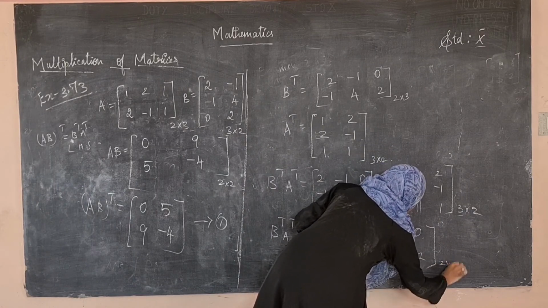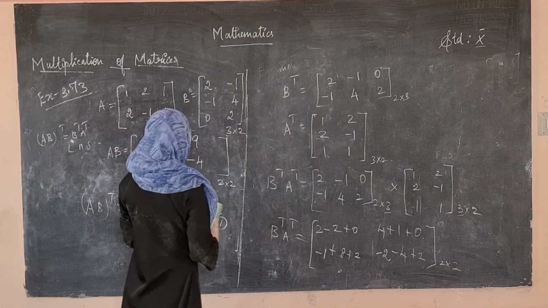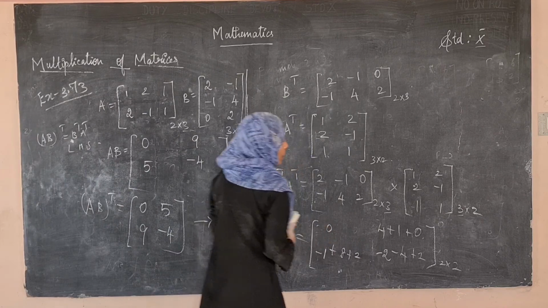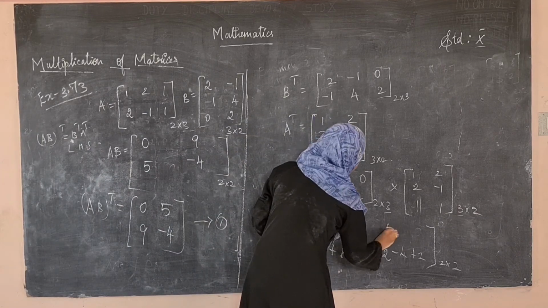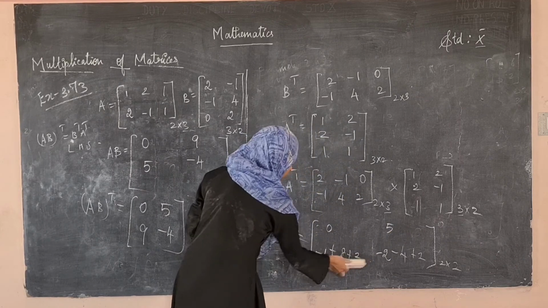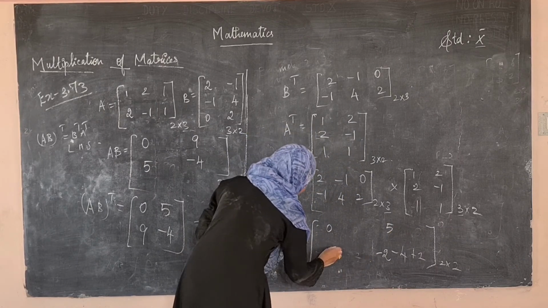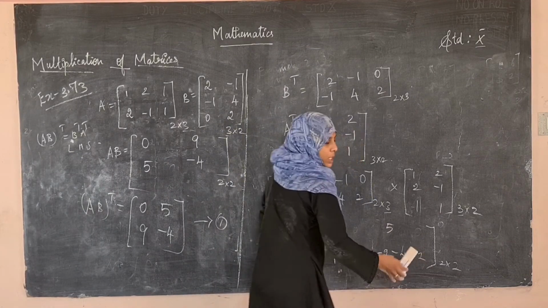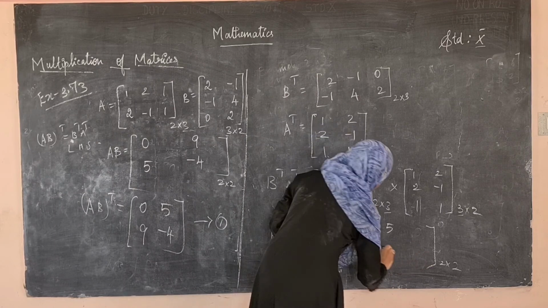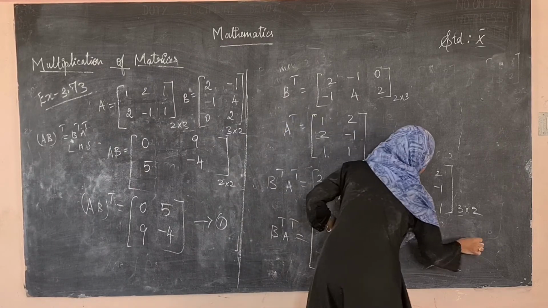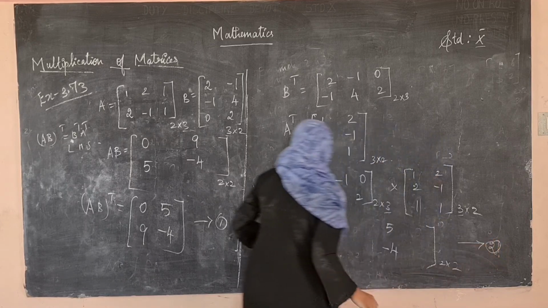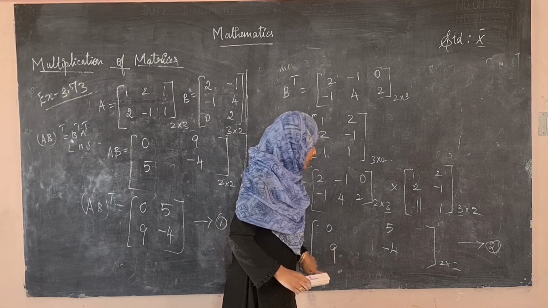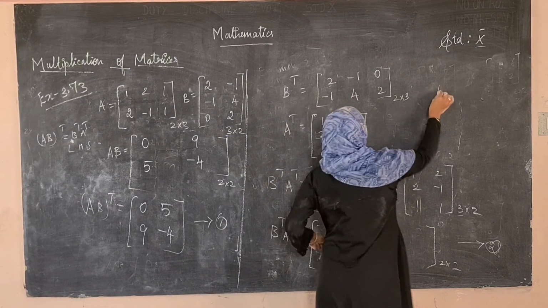This is of order 2 cross 2. Okay, see what is this? 2 minus 2 plus 0 is 0. 4 plus 1 is 5. 8 plus 2 is 10, 10 minus 1 is 9. And here, minus 4, minus 2, minus 6. Minus 6 plus 2 is minus 4. Okay, take this as 2. See, your first one is 0, 5, 9, minus 4, and the second equation is also 0, 5, 9, minus 4. That is, 1 is equal to 2.